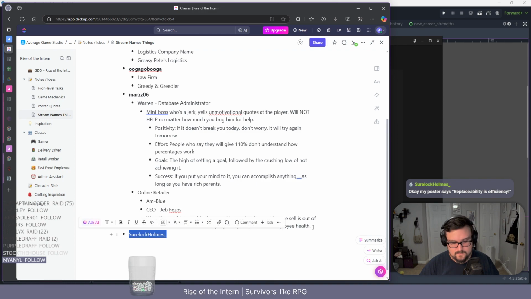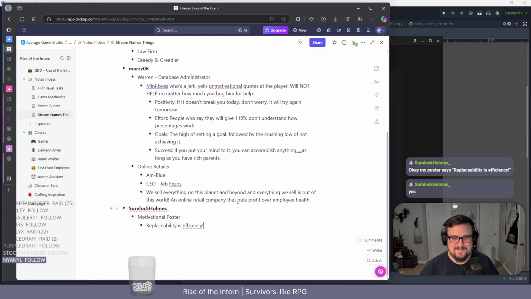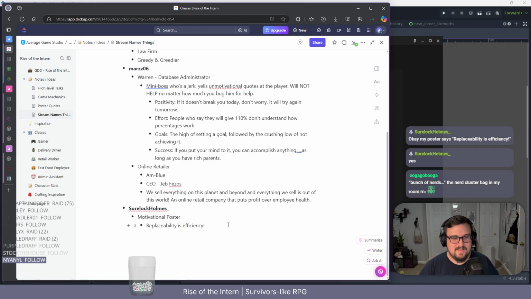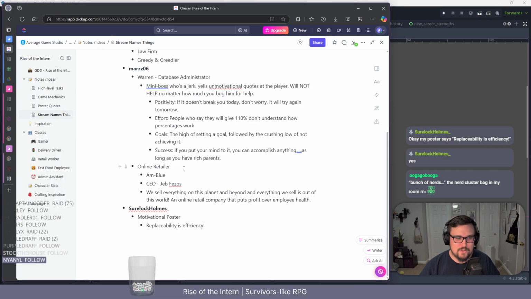Ooh. All right. You want a motivational poster, and you want it to say "replaceability is efficiency." I love it. Did I spell efficiency wrong? Oh, I did. Bunch of nerds, the nerd cluster bag in my room right now. Give me the pogs. It starts shaking, your nerds. All right. You got a motivational poster. And if you want to design it,